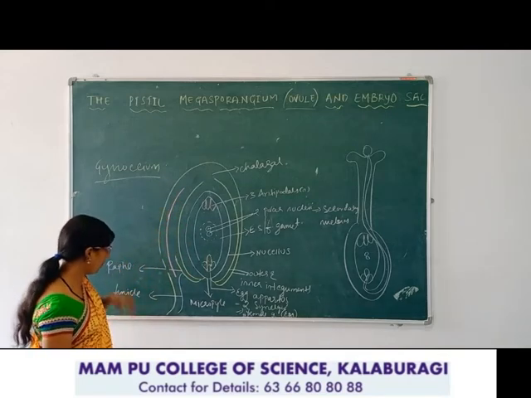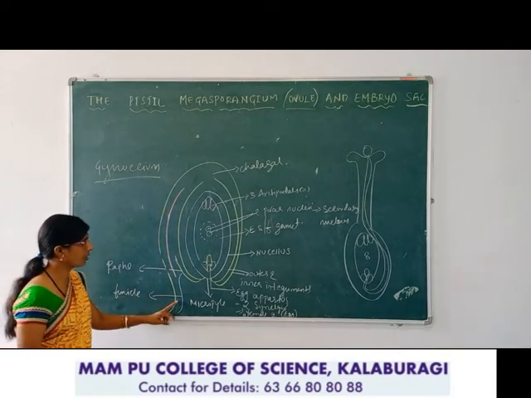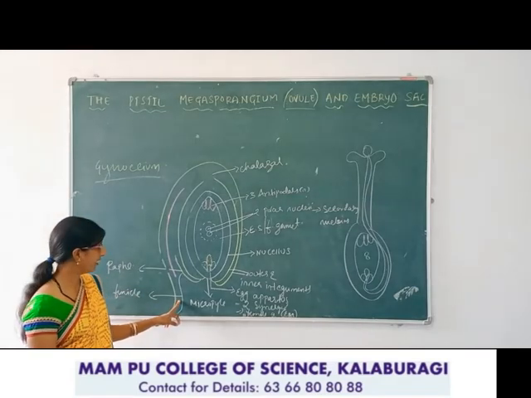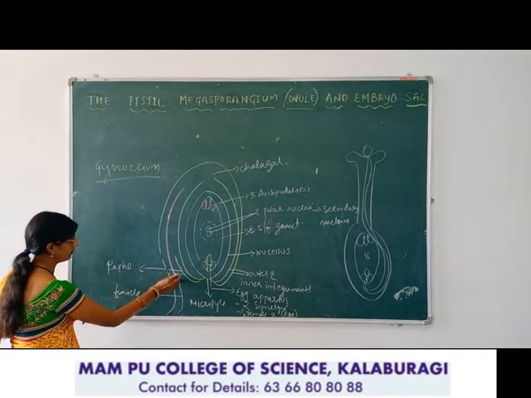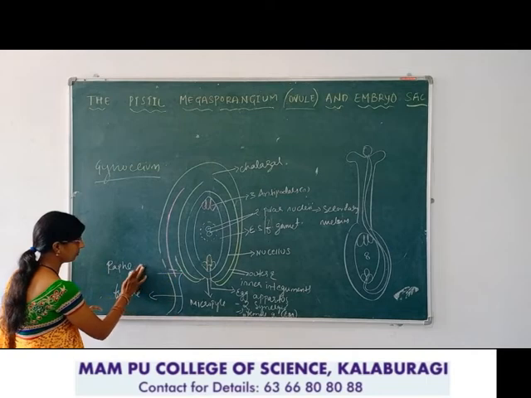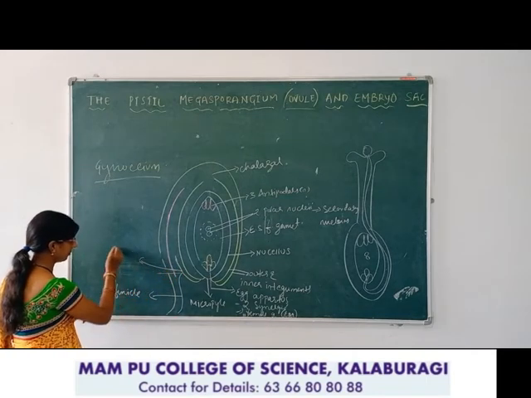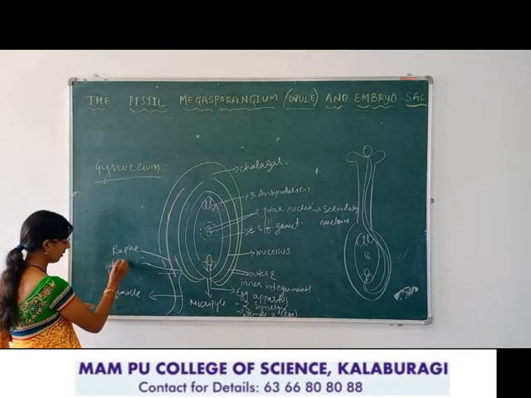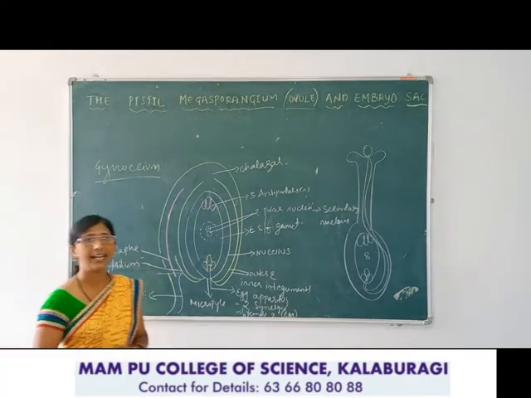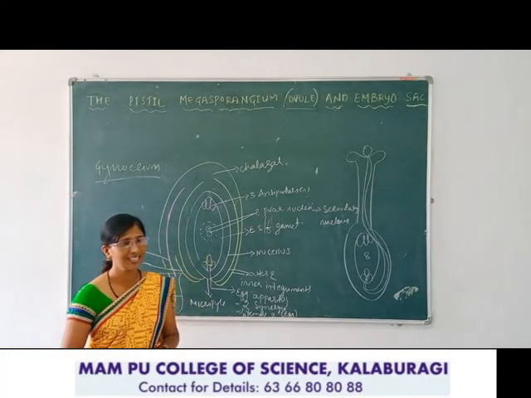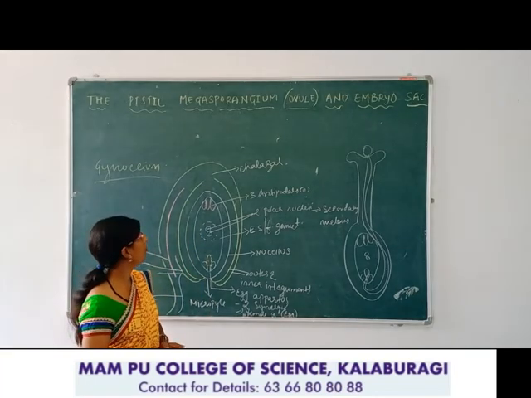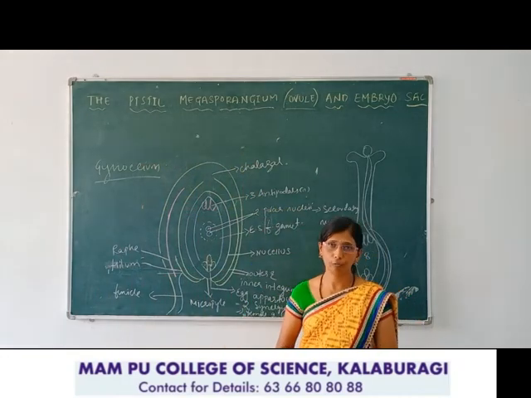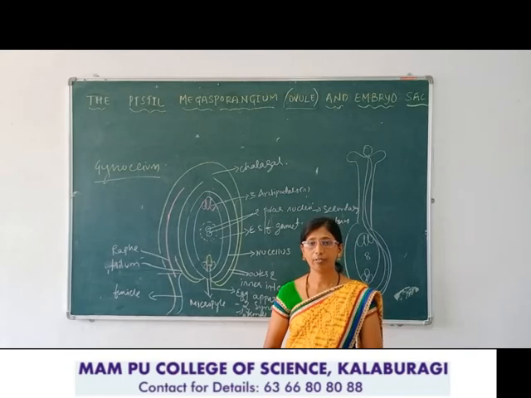The next is the funicle. The funicle is the stalk of the ovule. After fertilization, the funicle becomes the stalk of the seed. The hilum is where the funicle is attached; that place is called the hilum. So this is the structure of the ovule, that is the VS or LS of the ovule, the anatropous or inverted ovule.